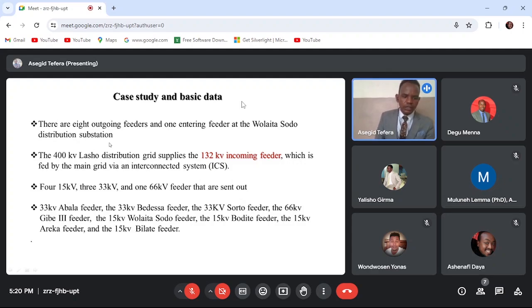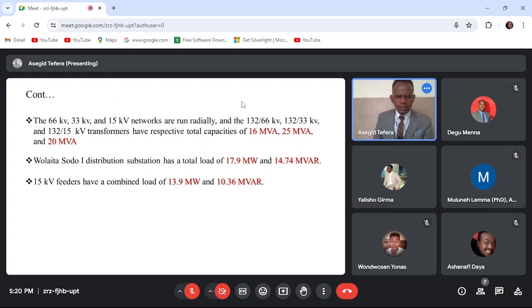So the 33 kV feeders are the Abala feeder, the Desa feeder, and the Sorto feeder. The 66 kV feeders are the two Gibe 3 feeders. The 50 kV feeders are Sodo, Laita Sodo town, Boditi feeder, Araka feeder, and the Plate feeders. The 66, 33, and 50 kV networks are run as radially connected, and they are